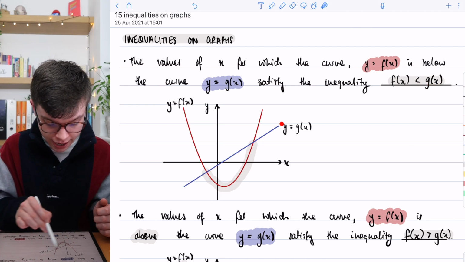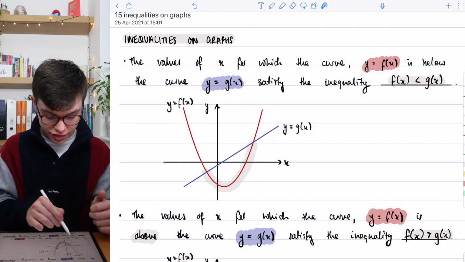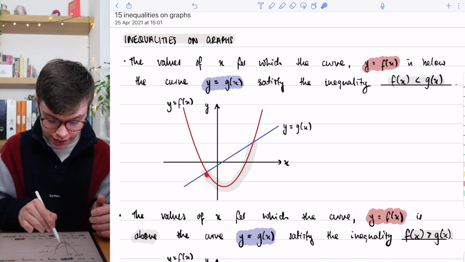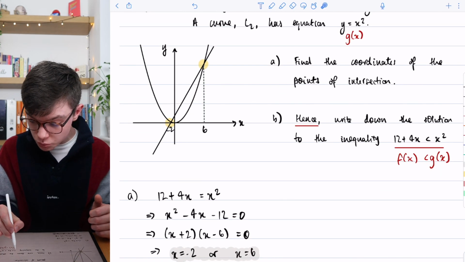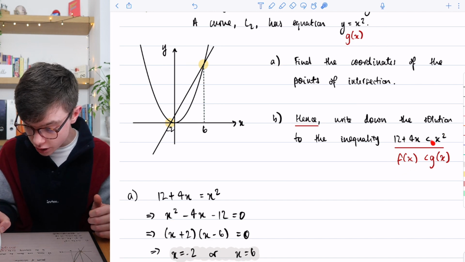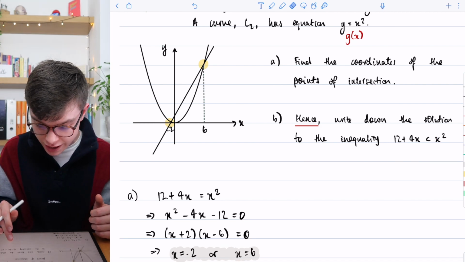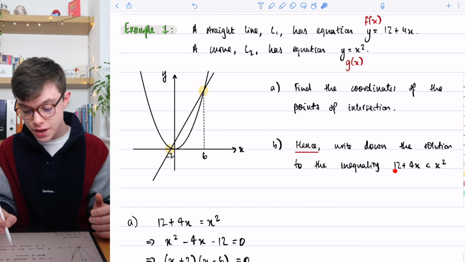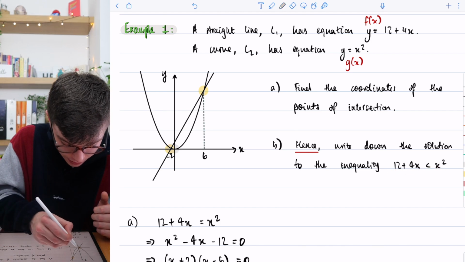We had our straight line, this was the curve, and we wanted where the curve was under the straight line here, so we wanted this part. If we look at our graph, we still want the straight line, which we called f of x, to be less than the curve. If you don't really want to think about f of x and g of x, you can just think about it like this. The straight line being less than the curve